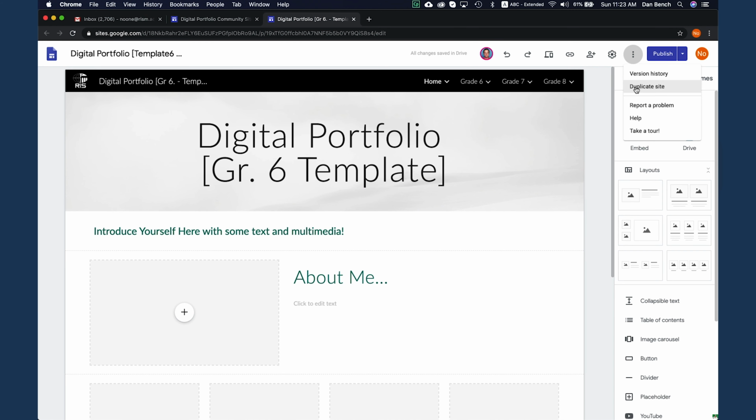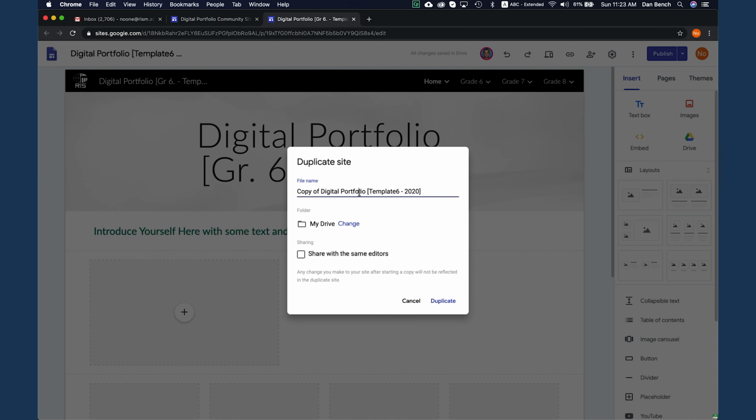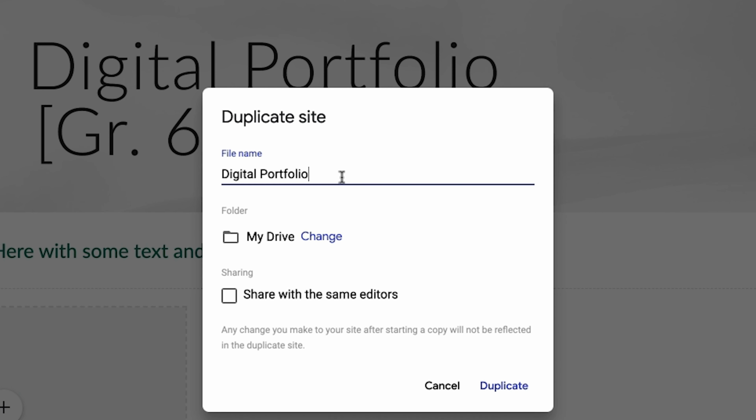We come over to the hamburger button, click duplicate site, delete this, type in digital portfolio dash my nickname Dada dash Pasa for Pasatai for the first 4 letters of my last name here, and dash 2027, which would be my graduation year if I'm grade 6 this year. So then I'm just going to click on duplicate,